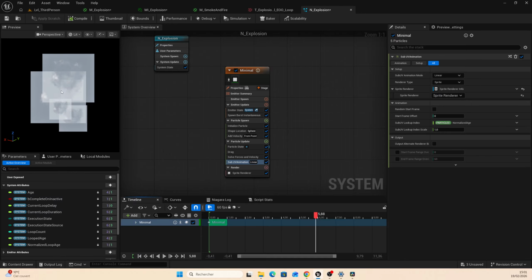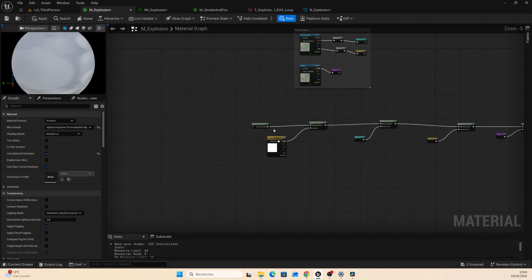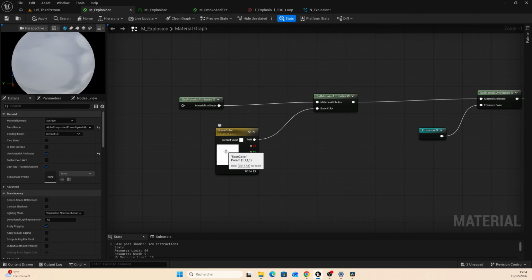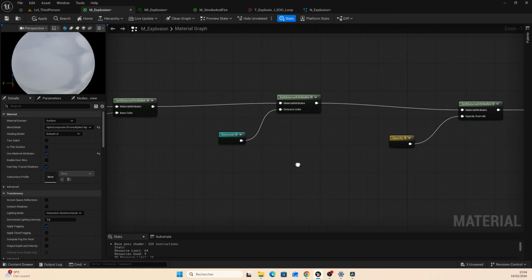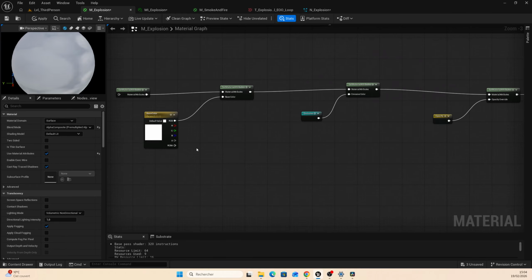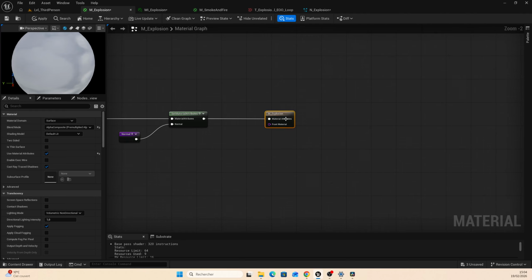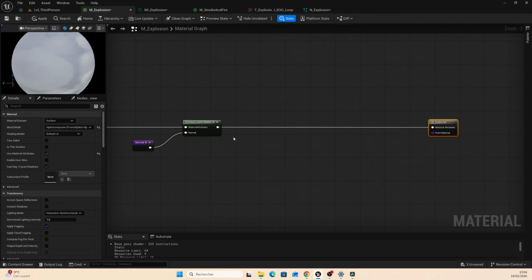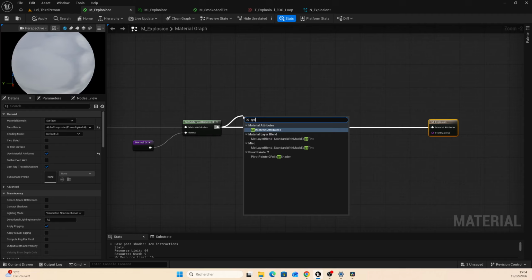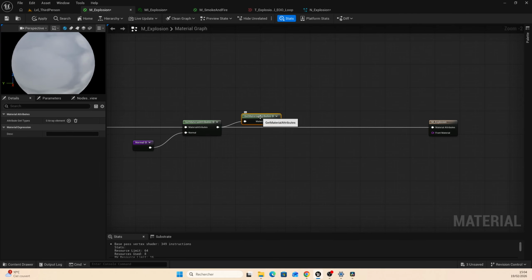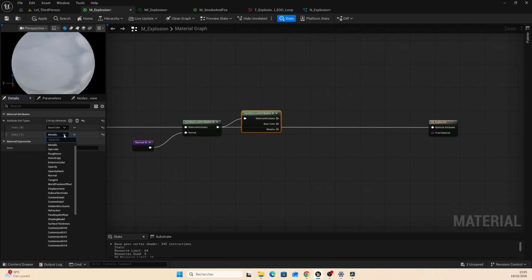So let's go back to our materials. So why do we have this big square? It's because we add some base color, but this base color is on all our frame independently of the opacity. So we need to add this base color only where the opacity is not 0. So to do that, at the end, make some space, we use a get material attribute, and we will select our base color and opacity,